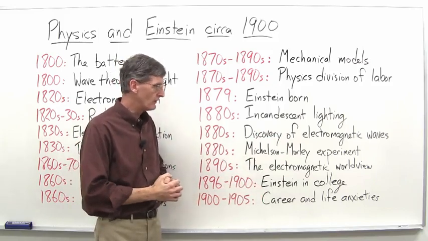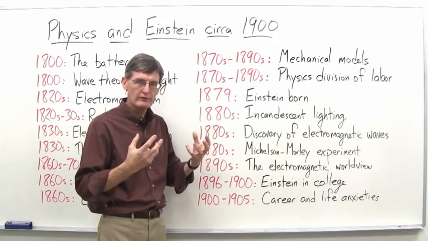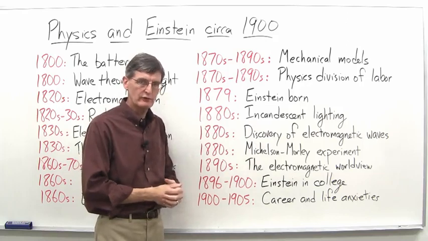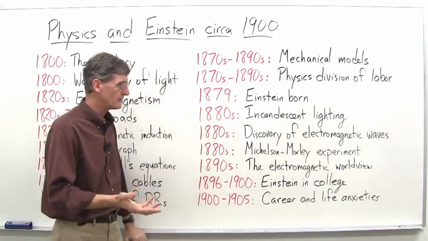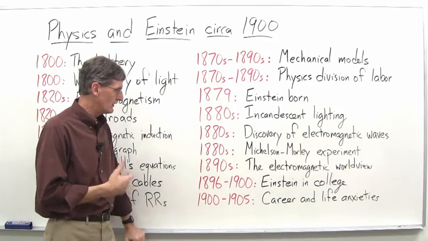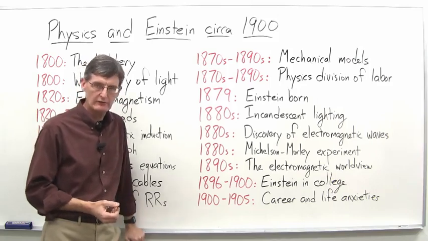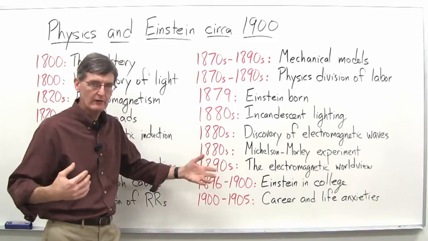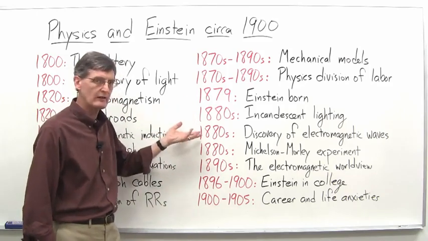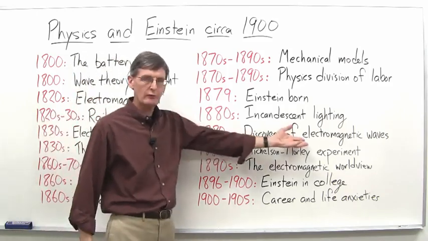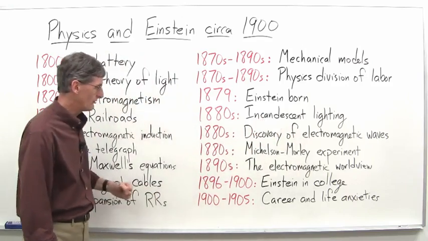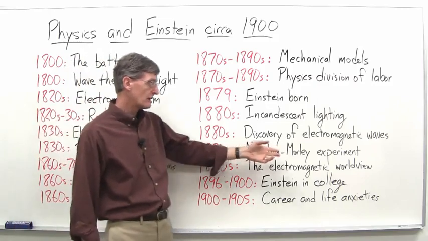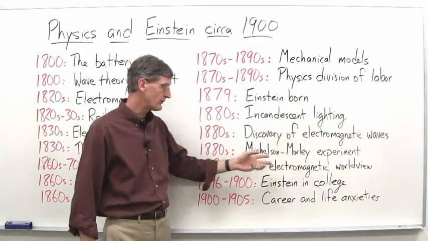Hertz, our term for a unit of cycles per second, a frequency, comes from Heinrich Hertz, who was a brilliant both experimentalist and theorist, and unfortunately died at a very early age, in his mid-30s, before he could really have an impact on the physics world. But even the work he'd done up until that point, just the discovery of electromagnetic waves and some other work, was very significant. Also in the 1880s, the Michelson-Morley experiment, which we will have a lot to say about